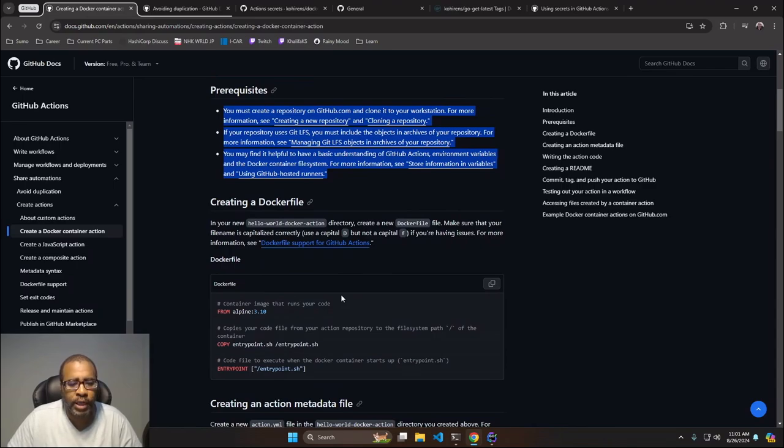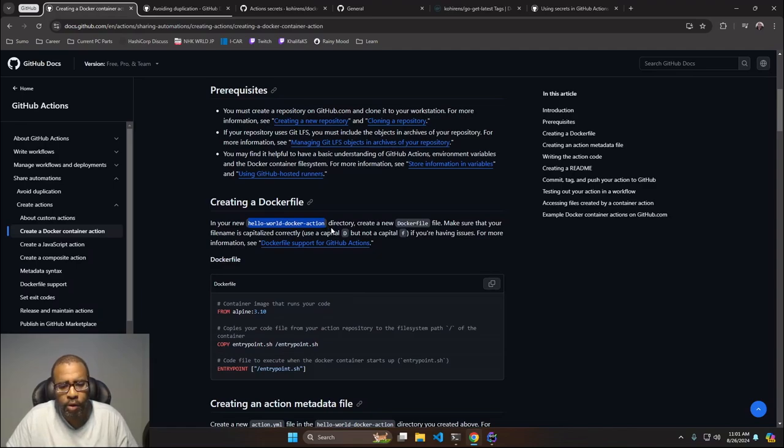Next step, creating a Dockerfile. Okay, so I would normally want to use Docker images that I've already created, but this guide is going to show us how to use a Dockerfile, which can be useful in certain instances, so it's definitely worth learning. In your new hello-world-docker-action directory, okay, I don't actually have a hello-world-docker-action directory in the repository that I'm using, so I'm going to pause here and go to the project that I want to use,